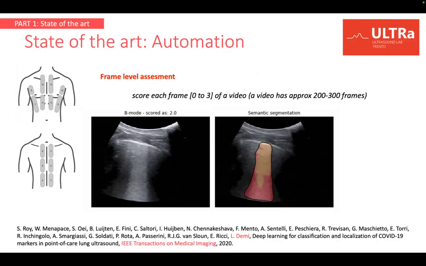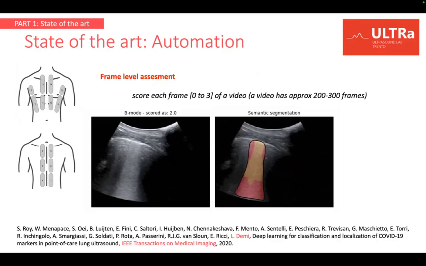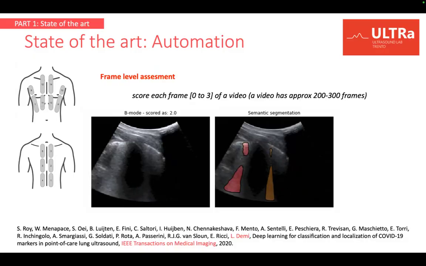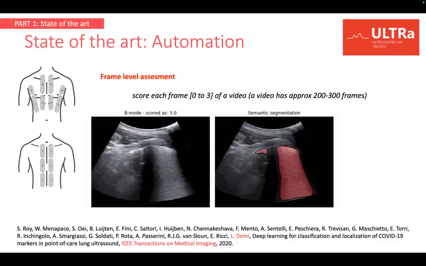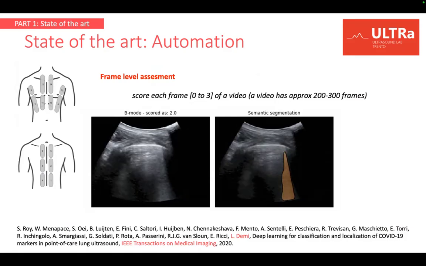And we can also color code it. So we can code the score into colors to make it intuitive. In this case, for example, you see red is score 3, orange is score 2, green is score 1, and